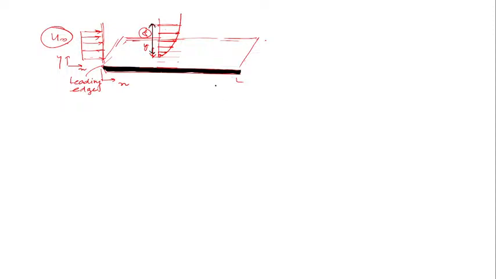This is y equal to delta from the surface, where the effect of the surface is negligible. What I'm saying is that the resistance, or the effect of the surface on the fluid particles, is only up to distance y equal to delta. Beyond that distance the fluid is moving without any reduction, without any change in velocity. You can see here. Is this clear?